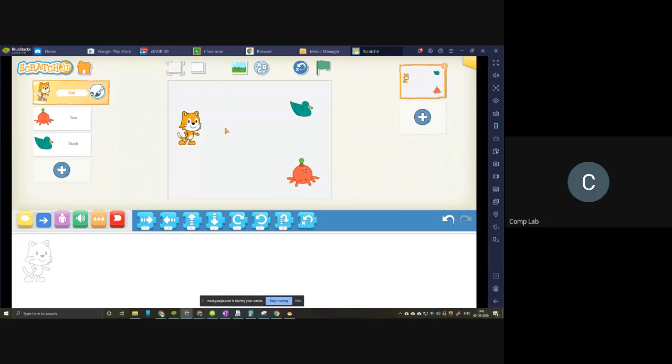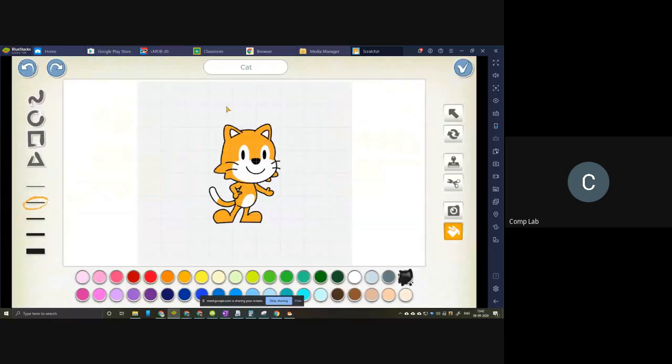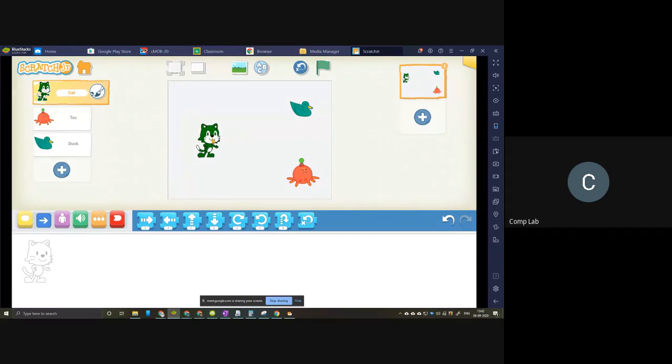Okay. So if you want to change the color, simply go to the sprite list available on the left side and click on the paintbrush icon. If we click on the paintbrush icon, you can see the paint interface opens. Now we can add our own color. I can select something like green color and apply it on the required area. Then I can change the color of the sprite. Once I'm done making all the changes, I'm just going to click on the tick icon. Once I do that, the changes will be applied on the stage also.